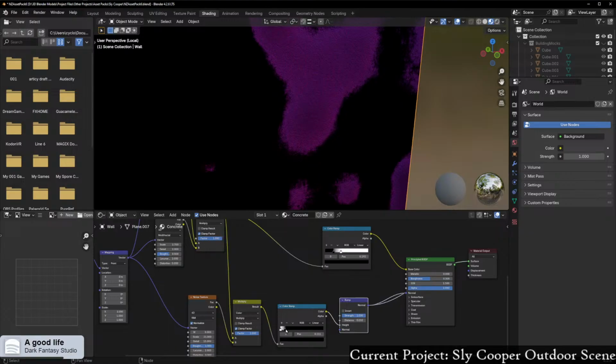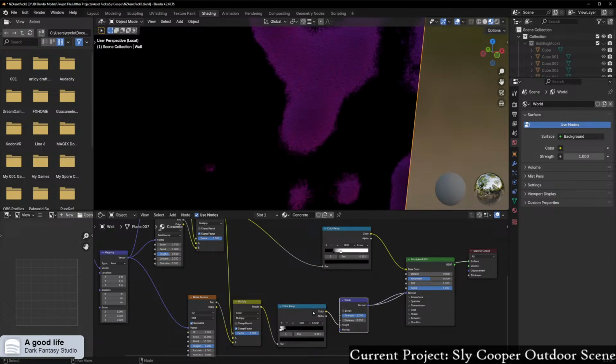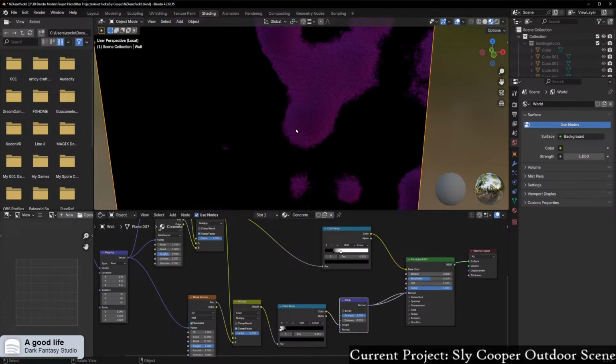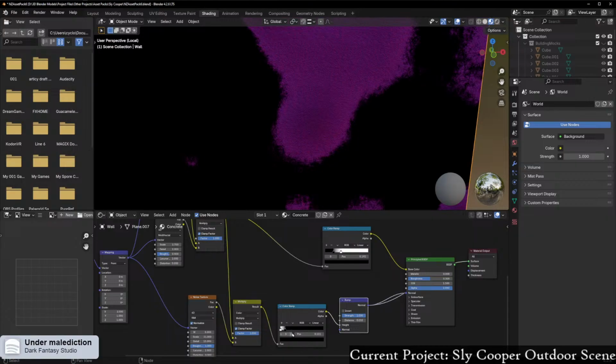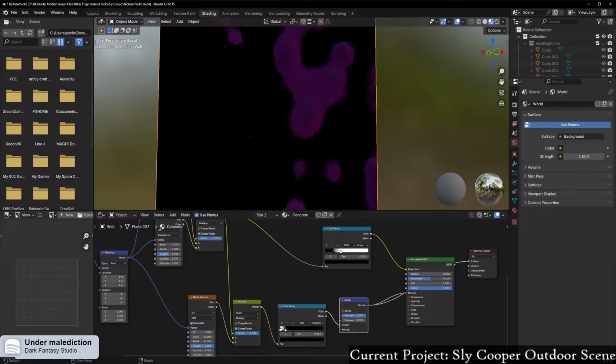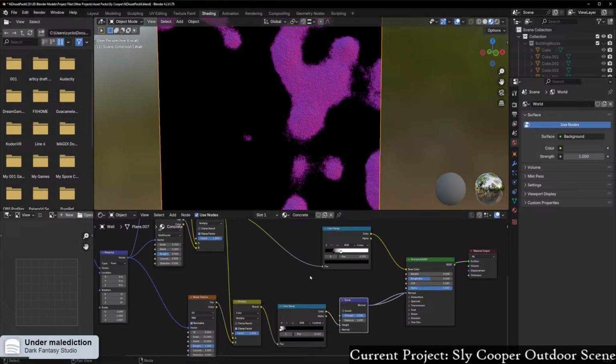Actually, that's the wrong one. Okay, so what is this thing complaining about now? So we've got the bump there. So the real mission is trying to get... I'm going to set this to cardinal, I think. Yeah, that works a bit better. So the mission here is to try and get the outside to also have a bit of texture, but not so much that it picks up severely. So if I set this back to 1, so I can see the bright pink,